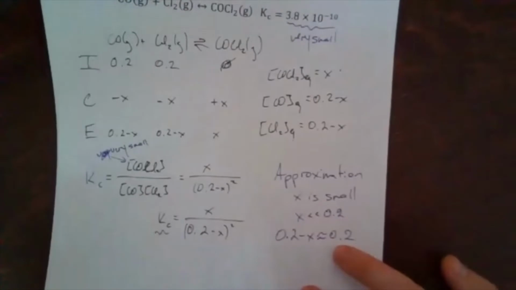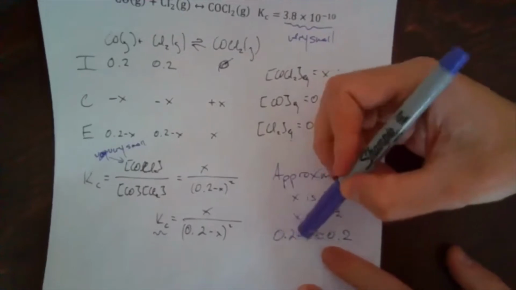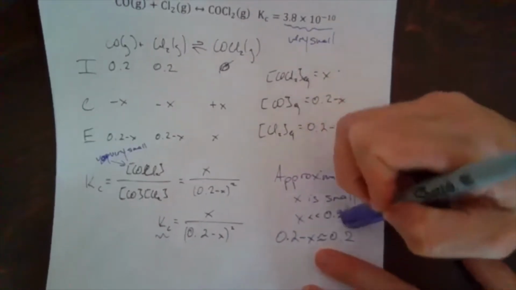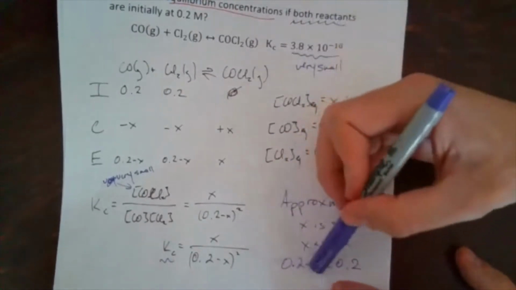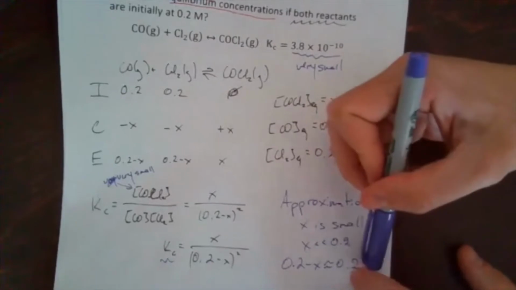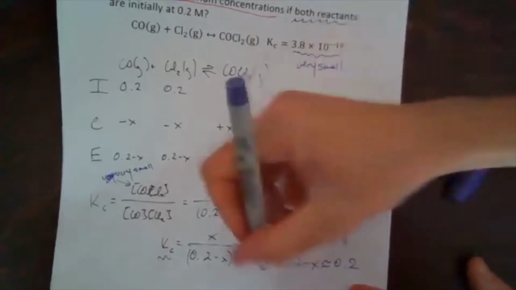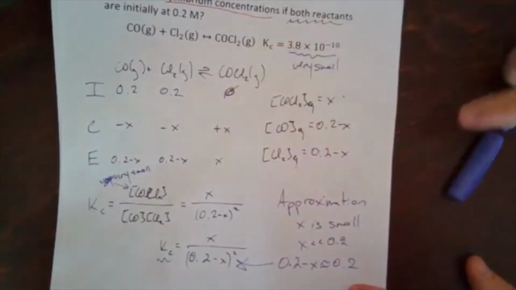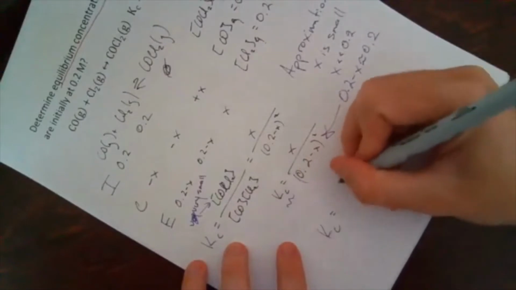If you think about it, if you have, say, $1 billion and you give away 1 cent, you still basically have $1 billion, because $1 billion is a lot bigger than a cent. So if I'm doing 0.2 minus x, because x is really small, which I can tell because of the very small value for the equilibrium constant, 0.2 minus x is just basically 0.2. So I can make the approximation here and substitute it in right there. That simplifies my equation greatly to Kc is equal to x